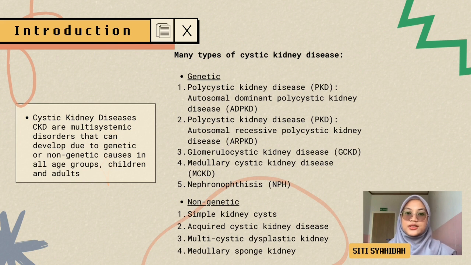Let's start with the introduction. Cystic kidney diseases are multisystemic disorders that can develop due to genetic or non-genetic causes in all age groups. There are many types of cystic kidney disease, some are common and some are rare. But one thing for sure is that cystic kidney disease causes sacs of fluid to form in or around the